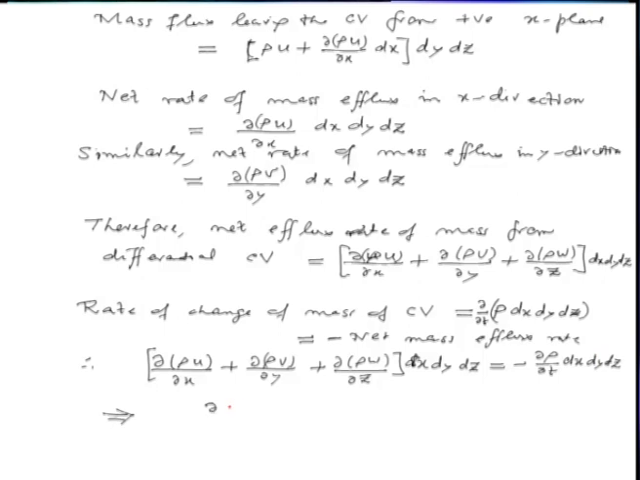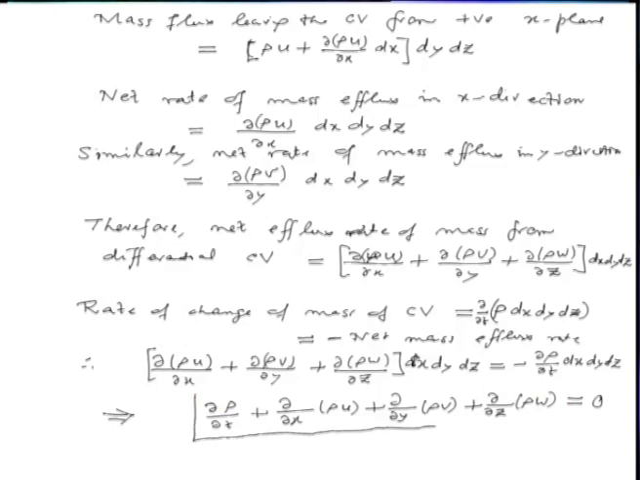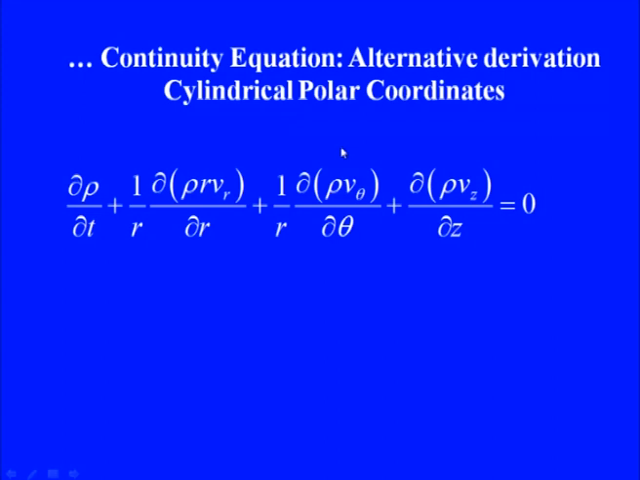Thereby by rearrangement of the terms we get del rho by del t plus del over del x of rho u plus del over del y of rho v plus del over del z of rho w is equal to 0, and this is precisely the differential form of continuity equation which we had obtained earlier. So, this is yet another way in which we can obtain the differential form of continuity equation. The same exercise can be repeated